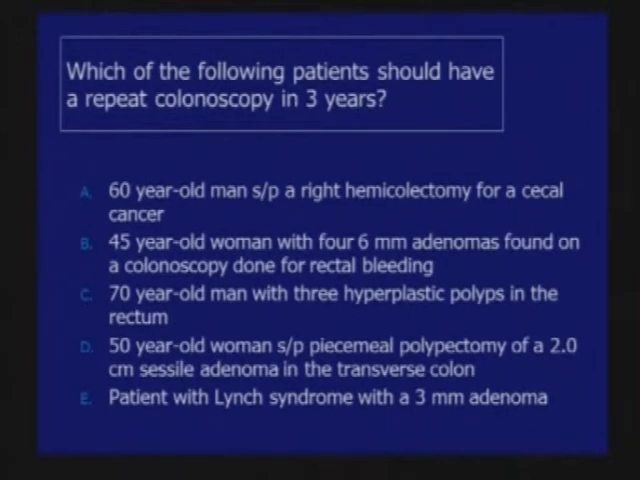Second, which of the following patients should have a repeat colonoscopy in 3 years? A 60-year-old man who's had a right hemicolectomy for cecal cancer, a 45-year-old woman with 4 6-millimeter adenomas found on a colonoscopy done for rectal bleeding, a 70-year-old man with 3 hyperplastic polyps in the rectum, a 50-year-old woman status post piecemeal polypectomy of a 2-centimeter sessile adenoma in the transverse colon,